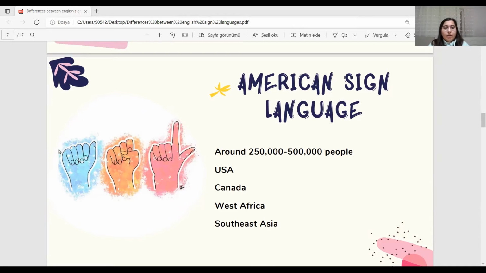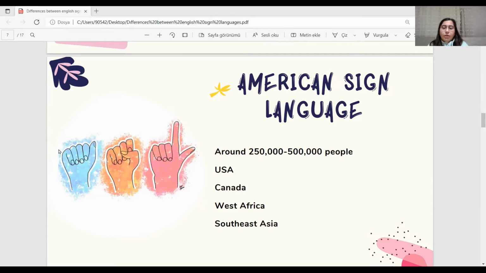Between 250,000 and 500,000 people in the United States claim that ASL is their native sign language, which is quite a large number. The 10 states of America that officially recognize ASL as the official language of deaf people in those states are Alabama, Colorado, Georgia, Indiana, Maine, Massachusetts, Montana, Oklahoma, Rhode Island, and Utah. Some experts believe that ASL developed based on French Sign Language.